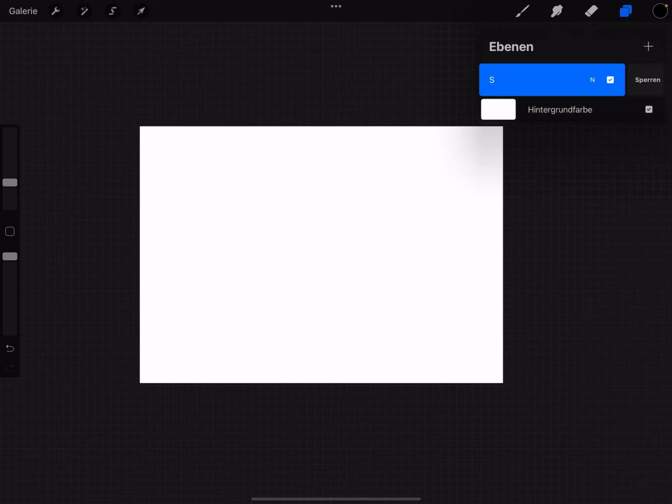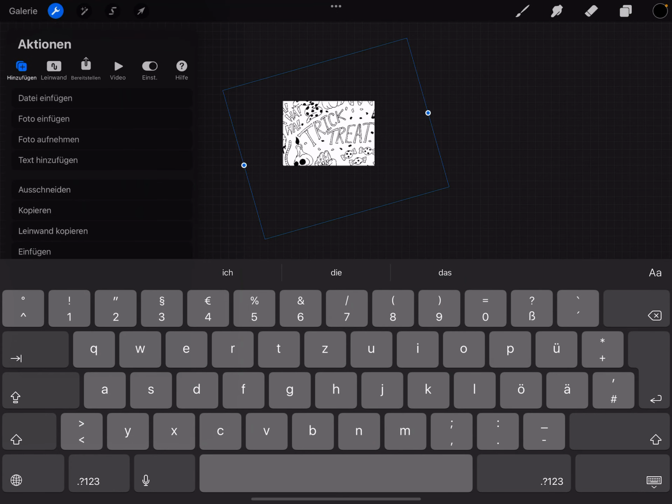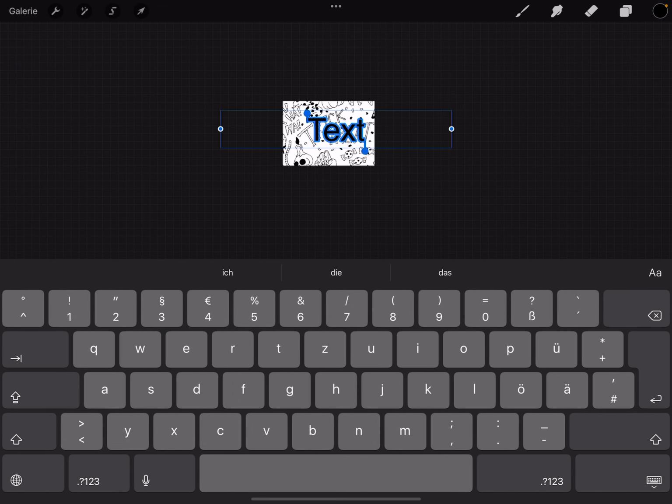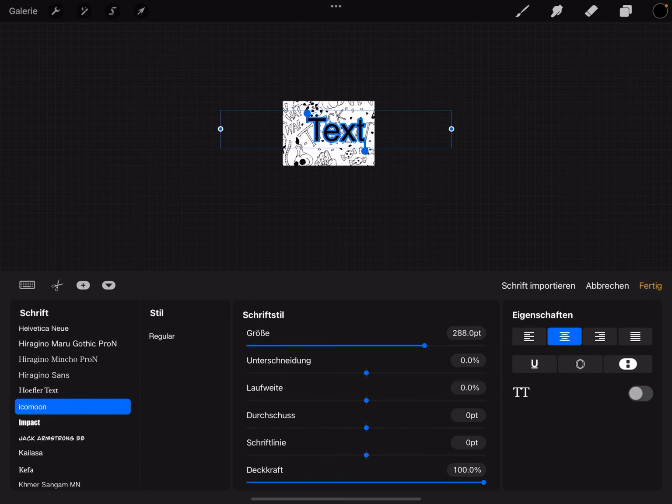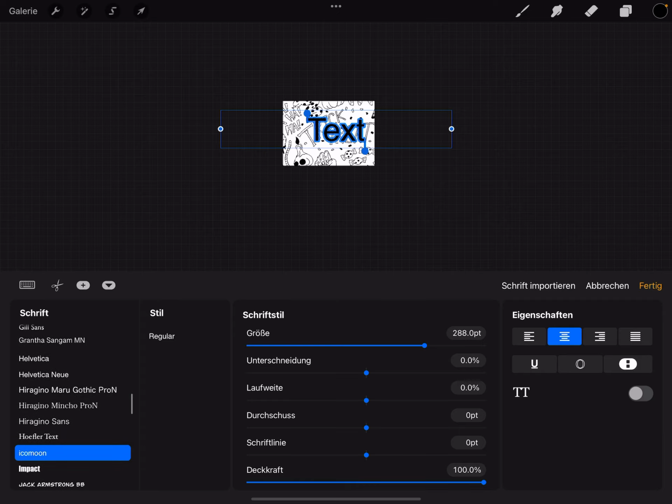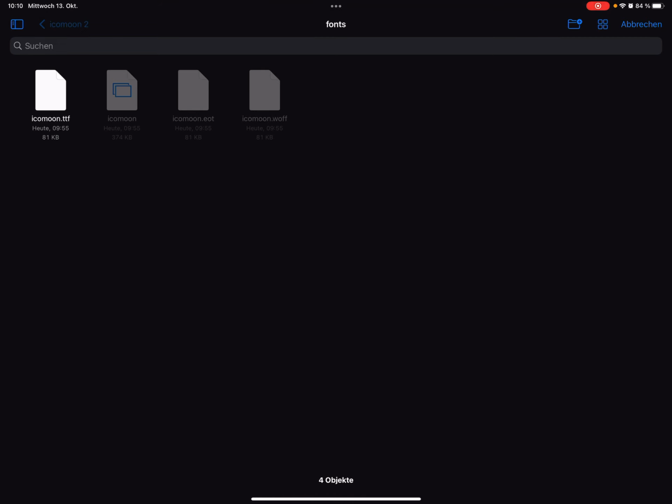And now add a text. And go to the text settings, and now you have to import first.